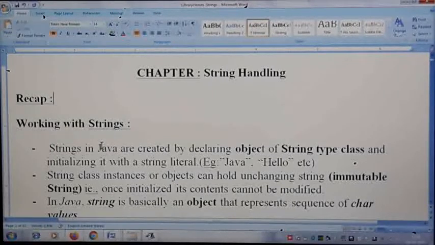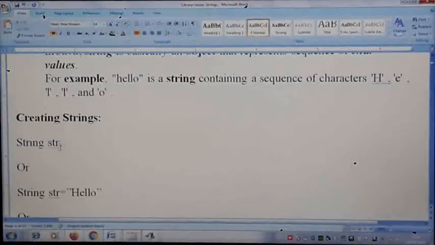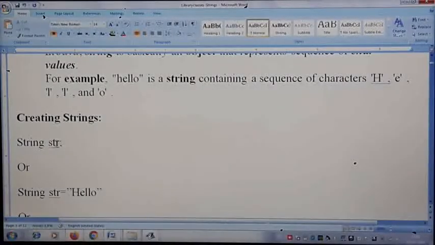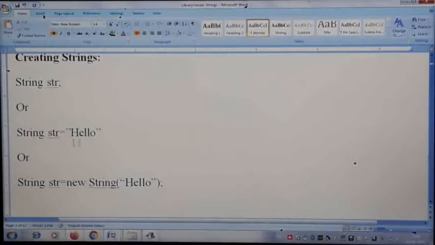So in the last class we came to know about creating string objects and how exactly to create strings. We create a string in different methods: only with the data or object without assigning any data, so no initial value is assigned, or else at the time of creation of an object you can assign data. Or else with the constructor concept, by making use of the new keyword we allocate the memory for a string object, and we store the initial value hello, which we pass to the constructor, and through that the object is initialized. These are all the different ways of creating a string. That's what we discussed in the last class.